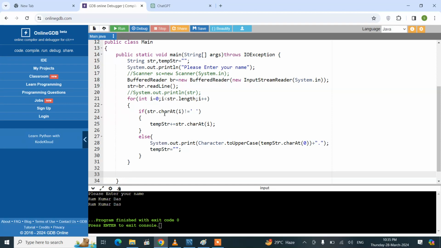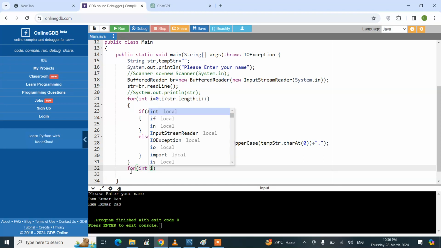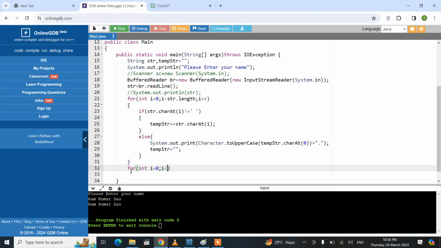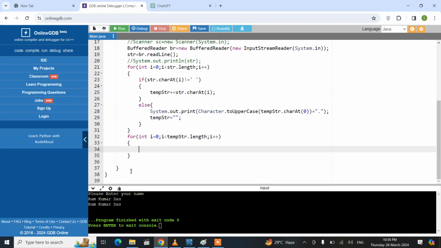At the last of the for loop, the Das, so Das after Kumar, the loop would still get executed since the i is less than or equal to length, the length portion is not completed. So it is taking one character, and within Das there is no space. So at last we are having a temp str having Das. Now we'll be looping inside this particular Das. So int i equals to 0, and this time it will be i less than temp str dot length, not str, and I'll be having i plus plus, and we'll be printing something like if